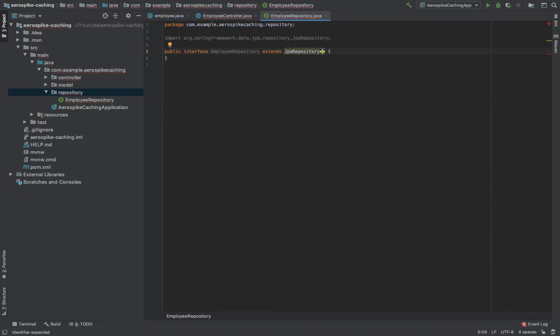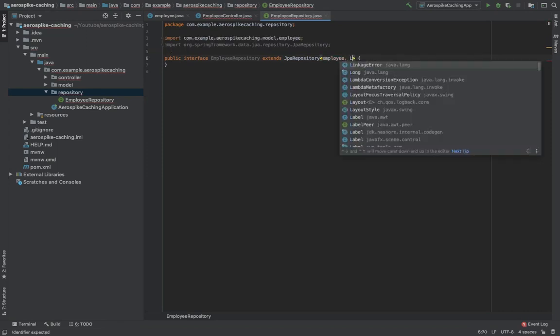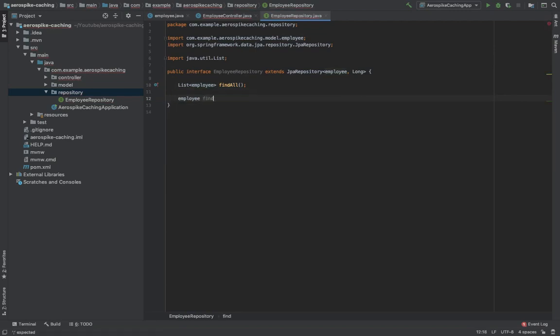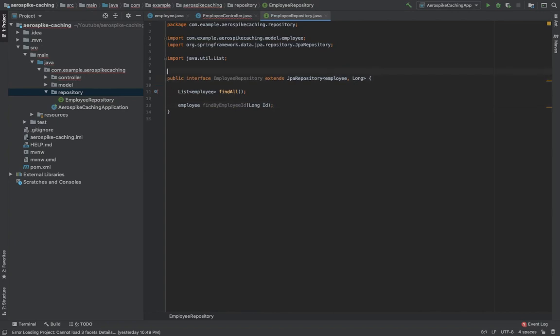And this repository contains the Employee object as the row and employee ID as the primary key of the table. Annotate this class with Repository.